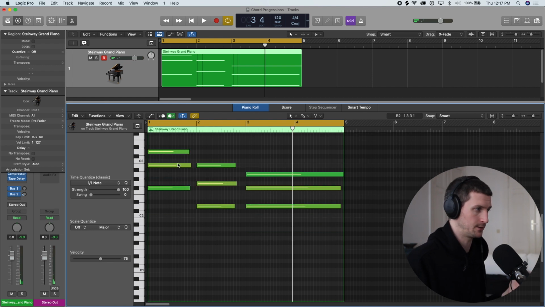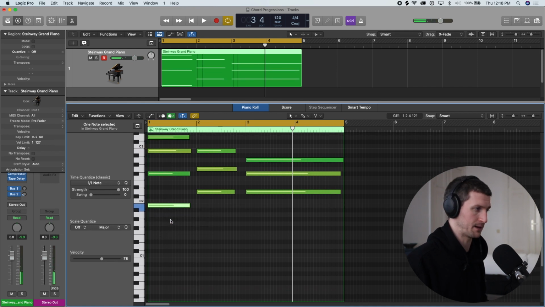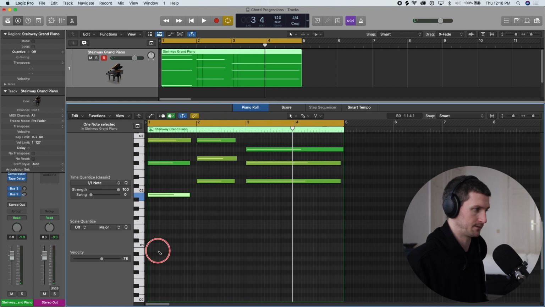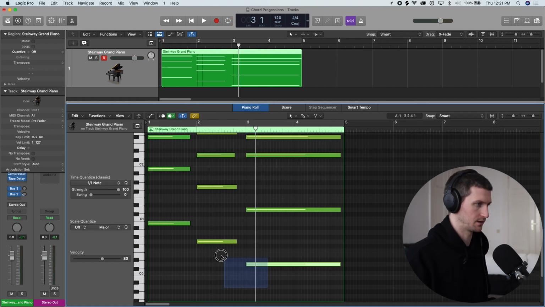So because this is a B chord, we have the B note here. We can add the bass note, so it would be down here. We can add a double bass octave, so this B and this B. And we can do the same thing for the other chords. I'm going to highlight the bass notes and right click, because I have the velocity tool on my right click. I'm just going to drag that velocity down. Now we have